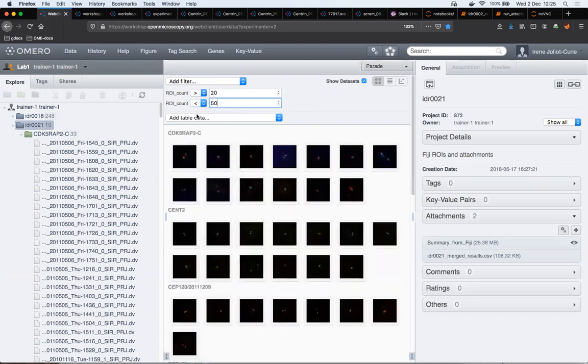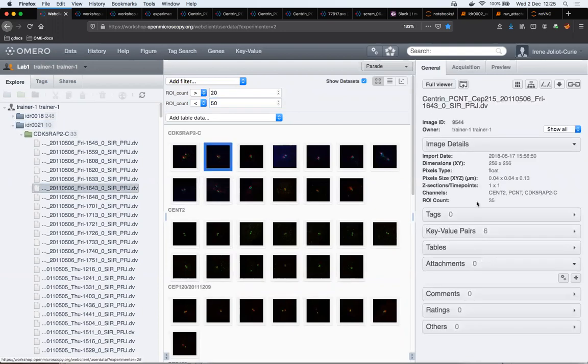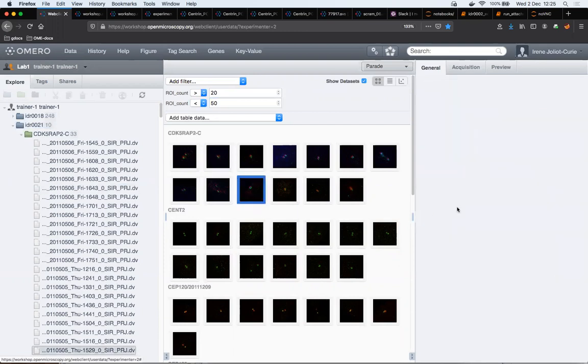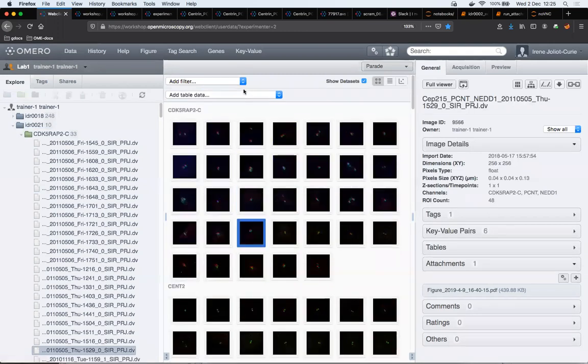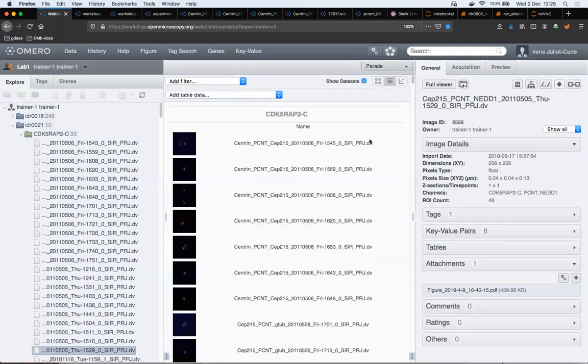And here I go. I have the images here filtered out, which have image regions of interest numbers such as 35 or 48, which is definitely between 20 and 50. Okay, I can remove this filter, and I can go ahead and say I want to show a table view